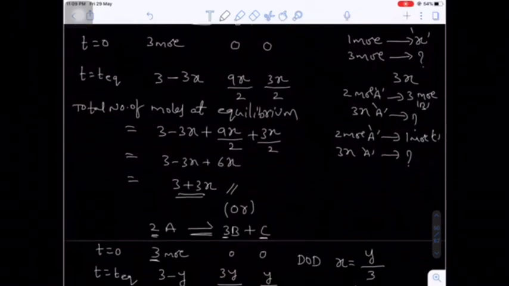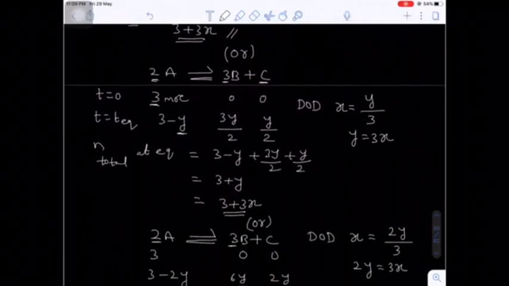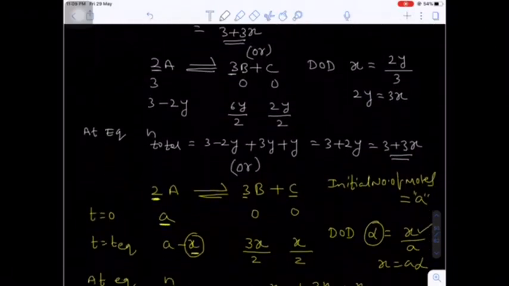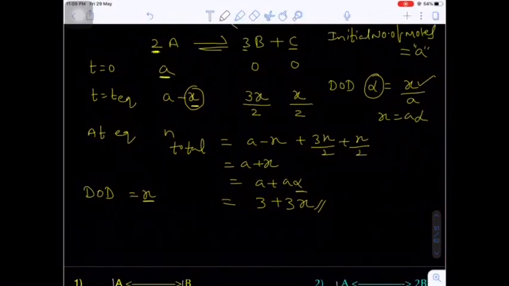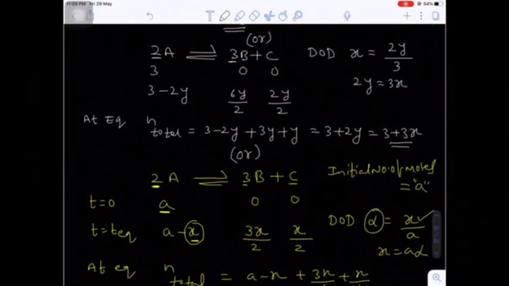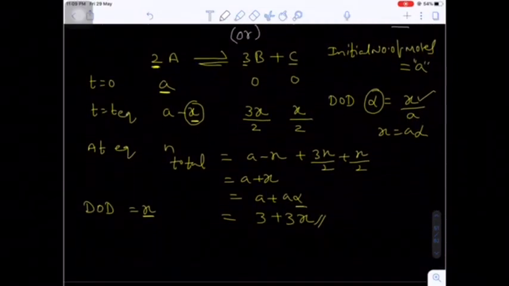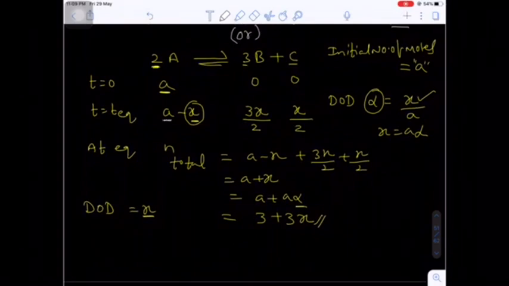Okay. So there are some problems given to you. These are the important problems. Now the general concept is, this is the general concept. So you have to take generally x moles, you have to subtract it out of the small a moles. According to which you can solve the numerical.